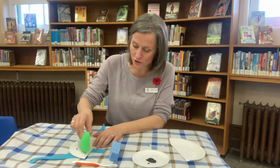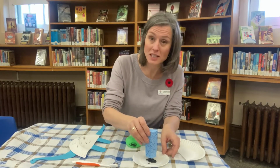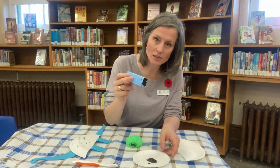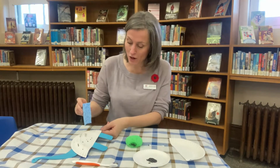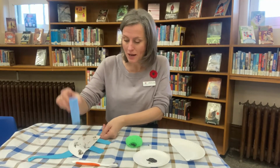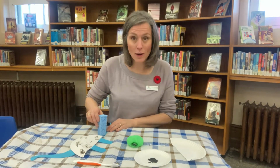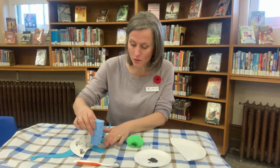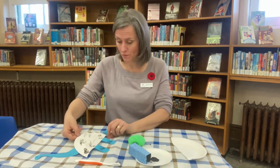They're just nice little dots and patterns and textures, and we're just exploring that. We're using a dabbing technique, so your child's getting good gripping exercises, grabbing the different items. We can use different colors of paint, and we're just making different patterns on it, seeing what happens, maybe talking about what we think the pattern is going to be or what the imprint is going to be. And there we go. So there's a start